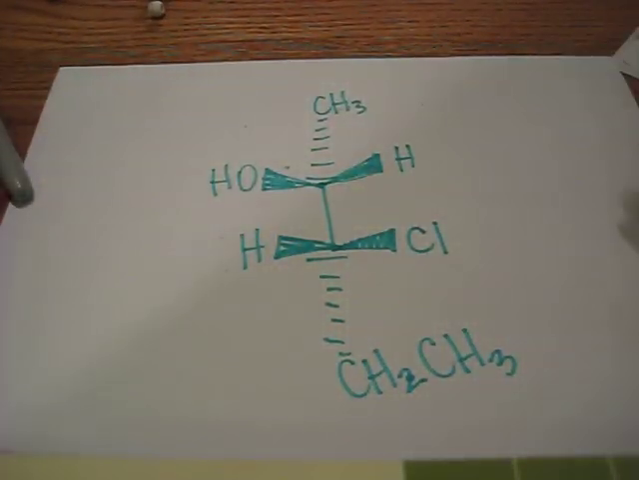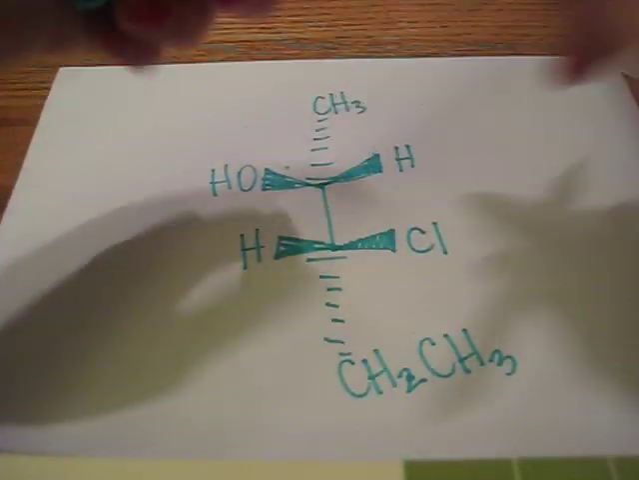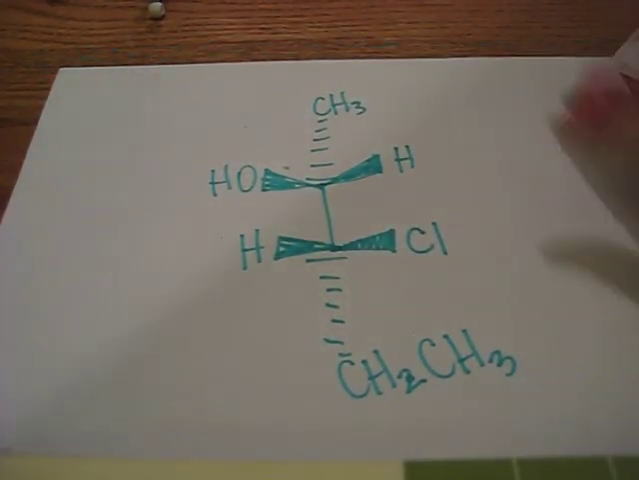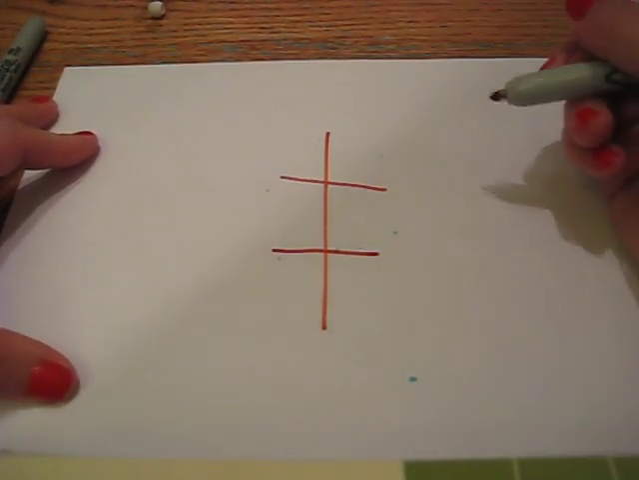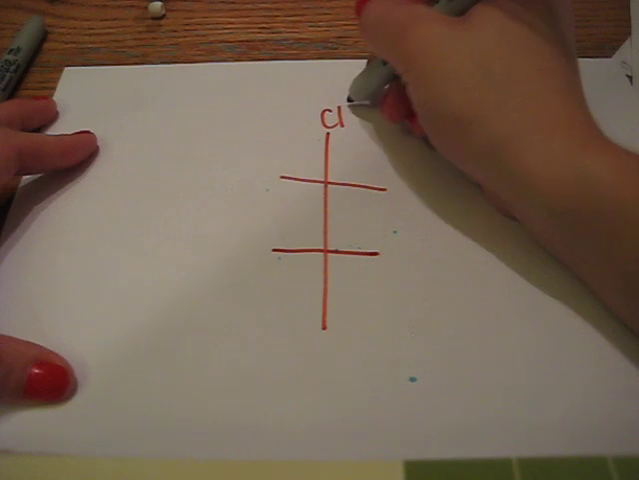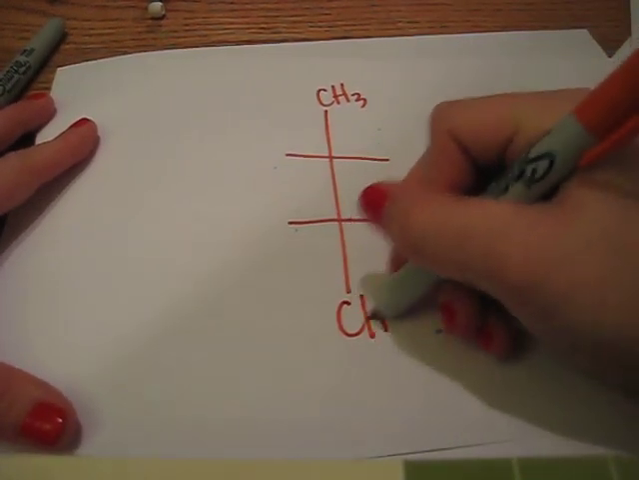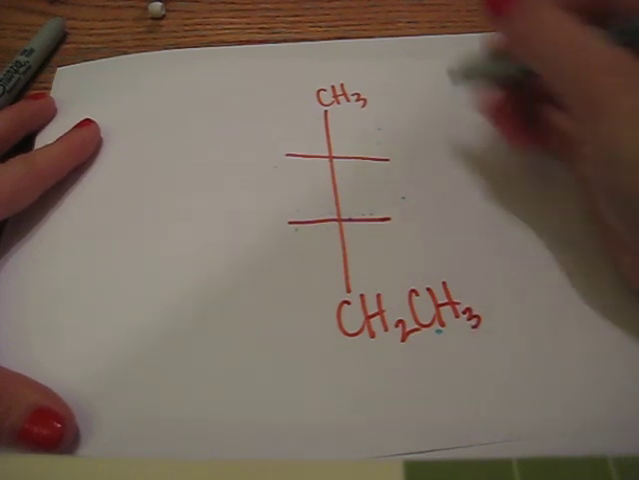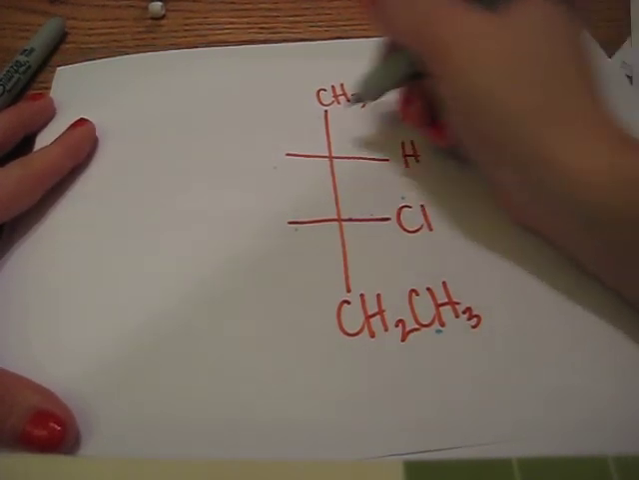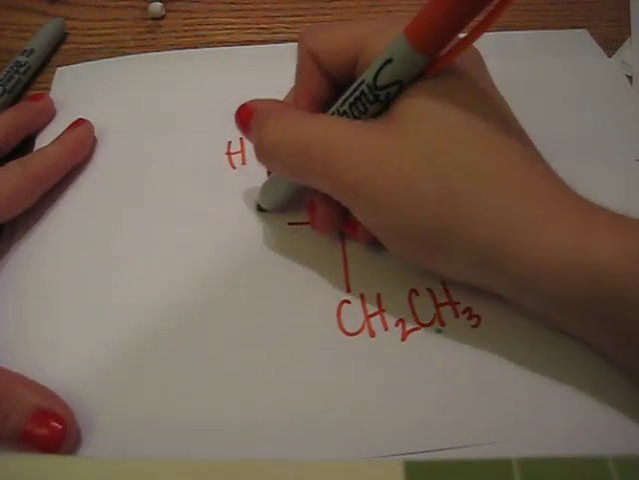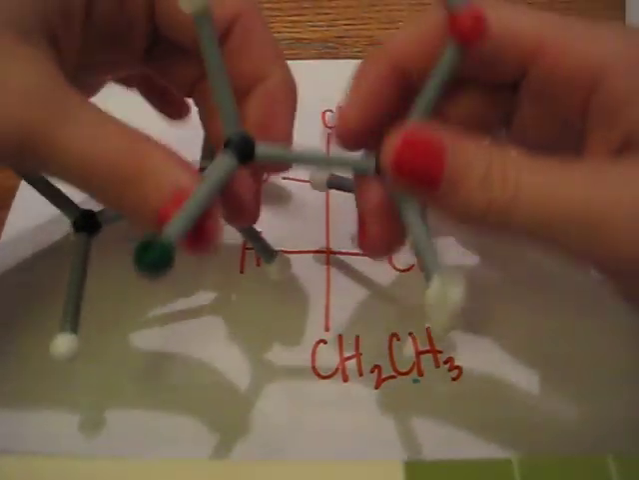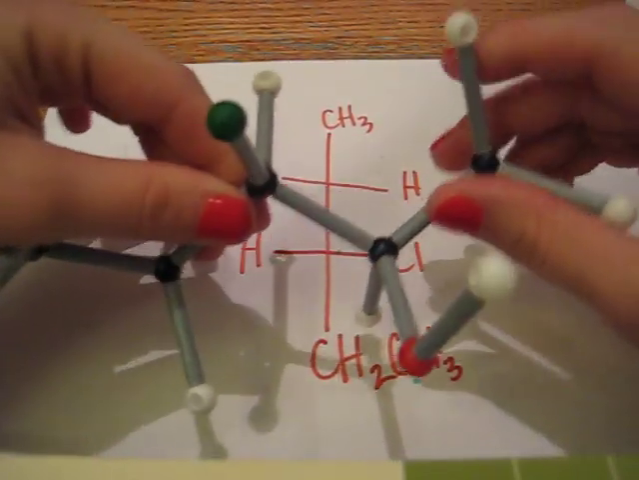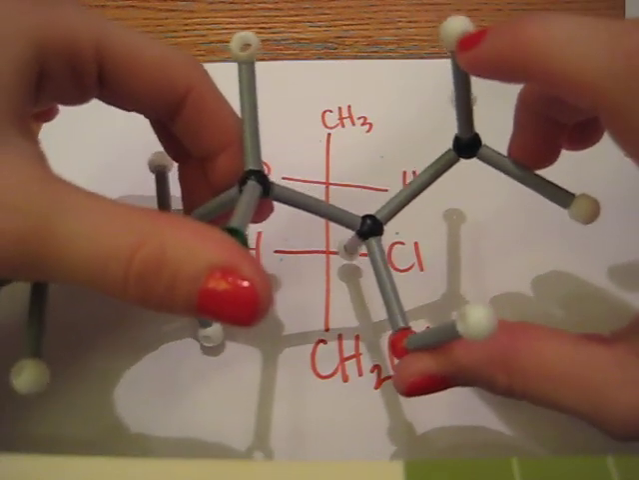Now, the Fischer projection is this drawing, except all the lines are solid lines. So, a Fischer projection is a flattened top view of an eclipsed molecule. So this is the Fischer projection, and notice that in the real molecule, OH and chlorine are on the same